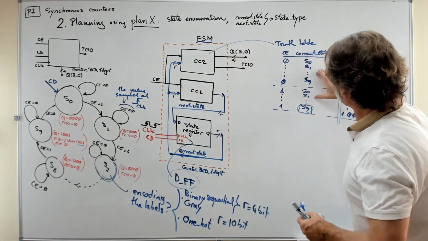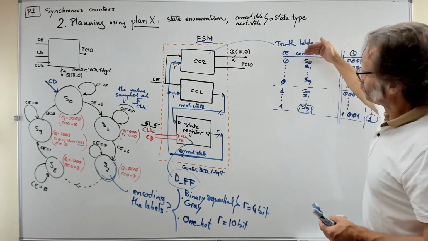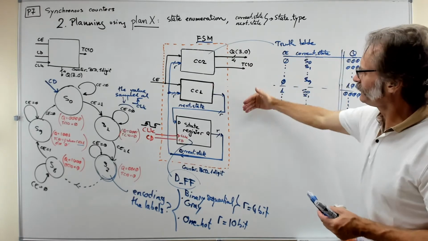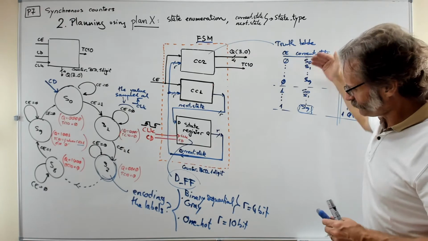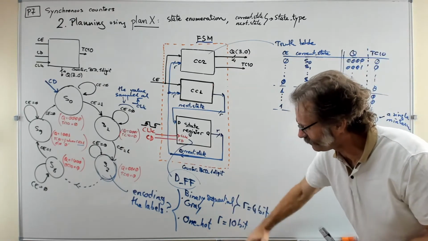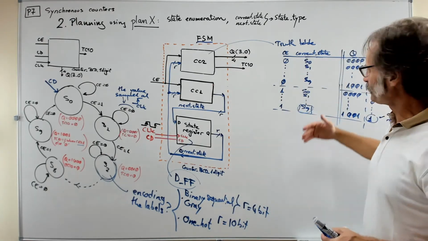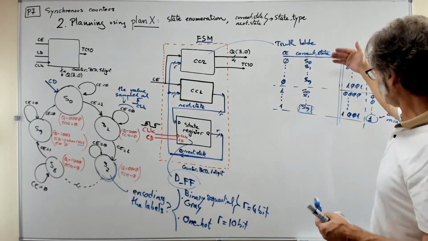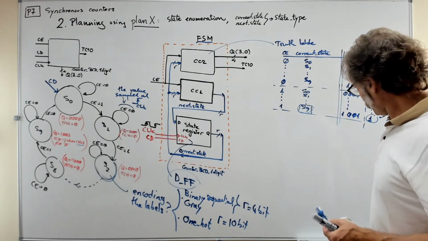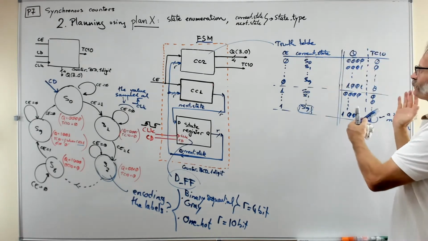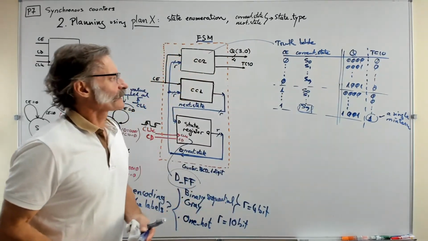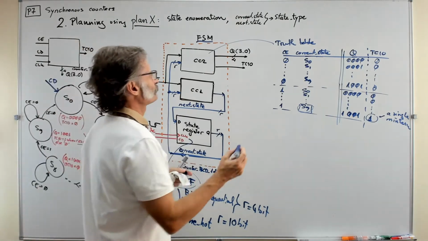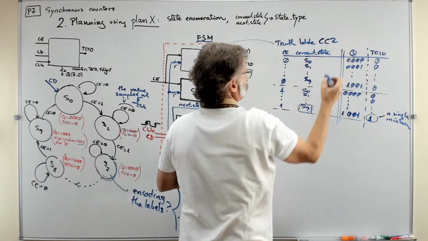When we talk about current state and next state, we do not use binary codes, because that may change depending on the code, and it's more practical to use the label. The label gives you a lot of information, and you can also build the truth table the same way. So if you have the truth table of the CC2,